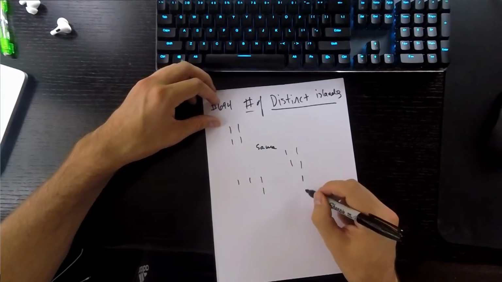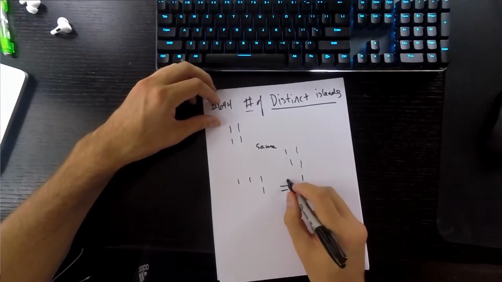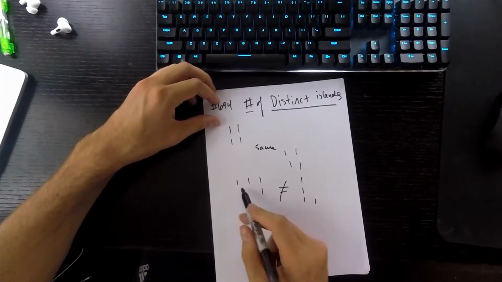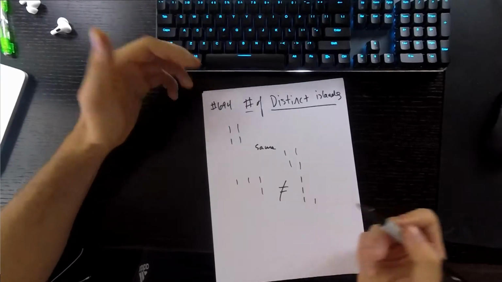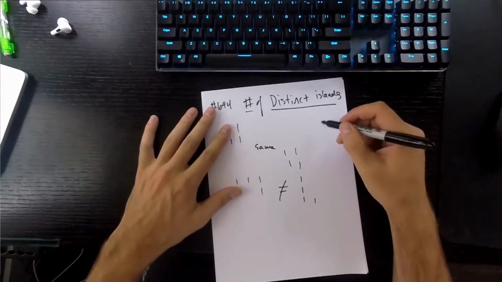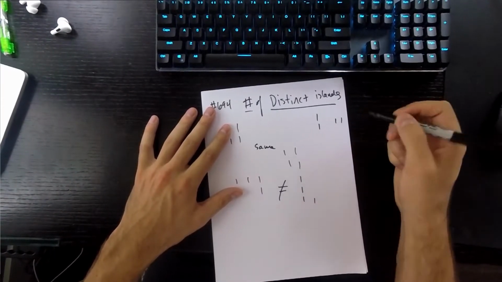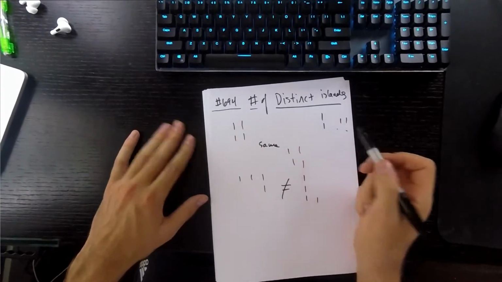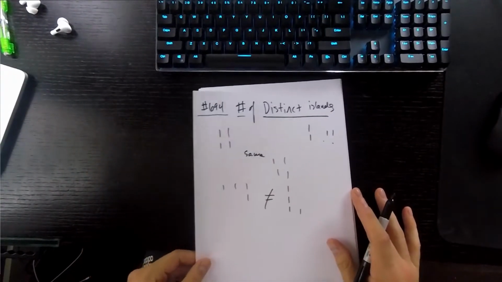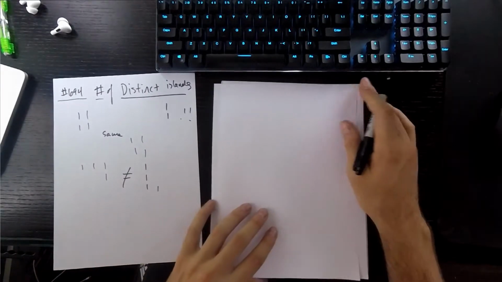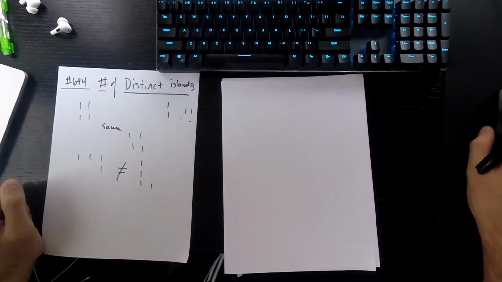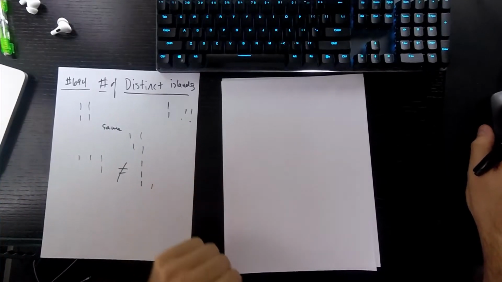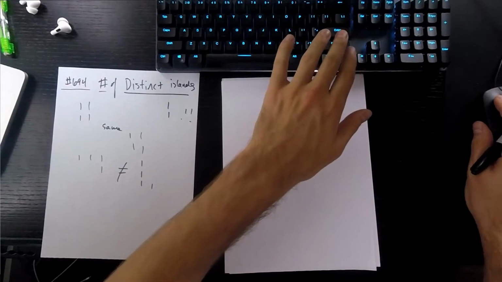So this and this are not equal, even though you could get to this from, I guess this would be a rotation and a reflection. But like this and this, in this question right here, these are not the same. So how are we solving this? Very similar approach to before, but as you may start thinking, we need a